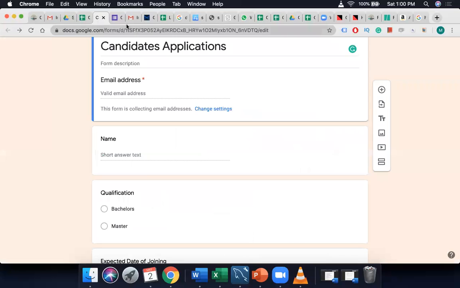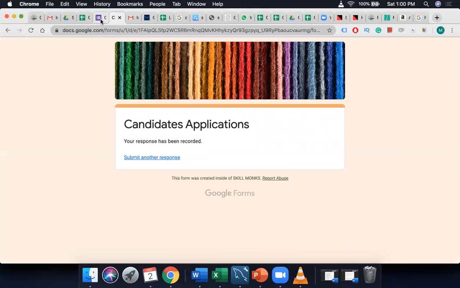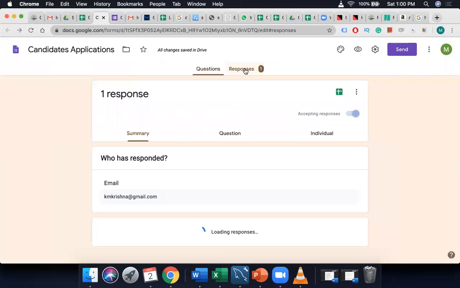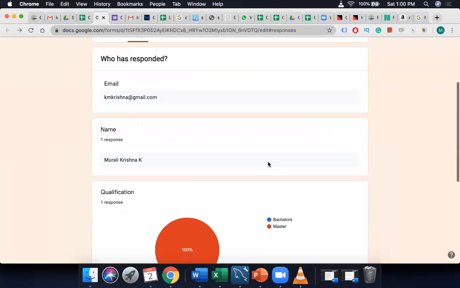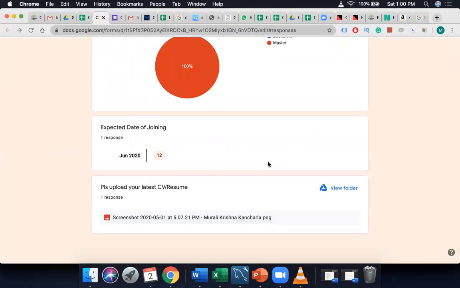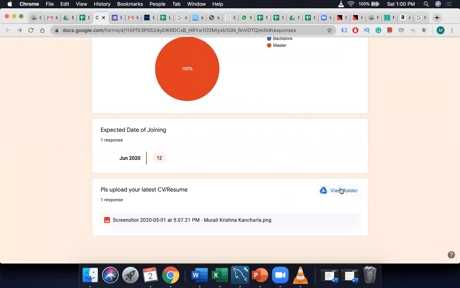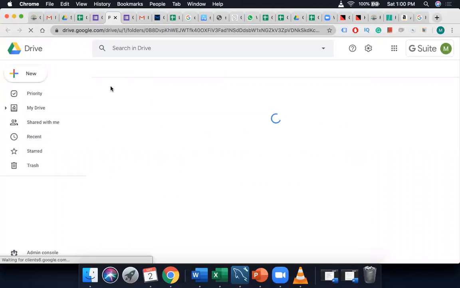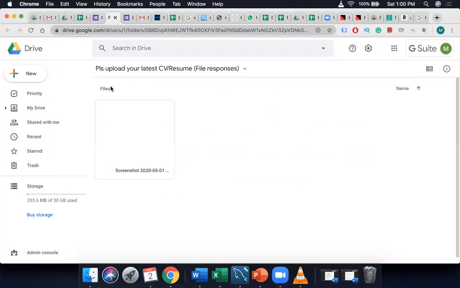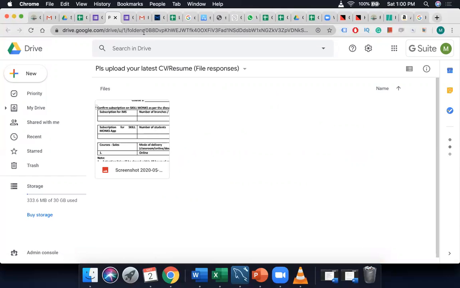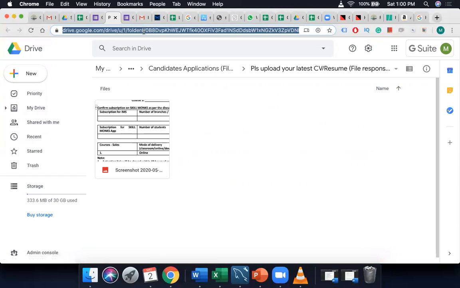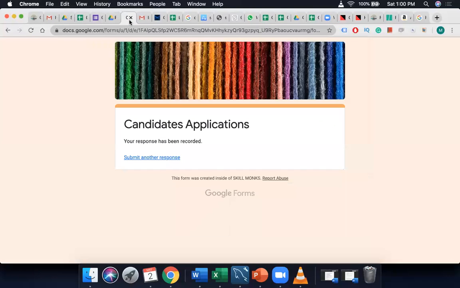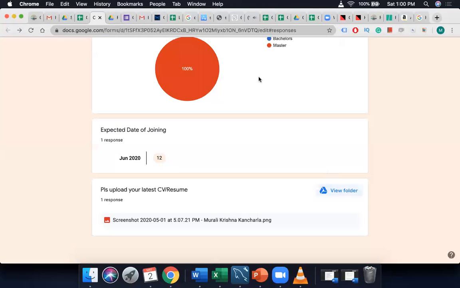So let us go to this particular form and then see the responses. There is one response that is there. This is the view folder. You can go into that response and then view folder. I'll send you that link as well. So this is the folder in which that attachment is there. This is the one. Understood? So this form I'll send, and then I'll make you a collaborator and then owner. You can do it.